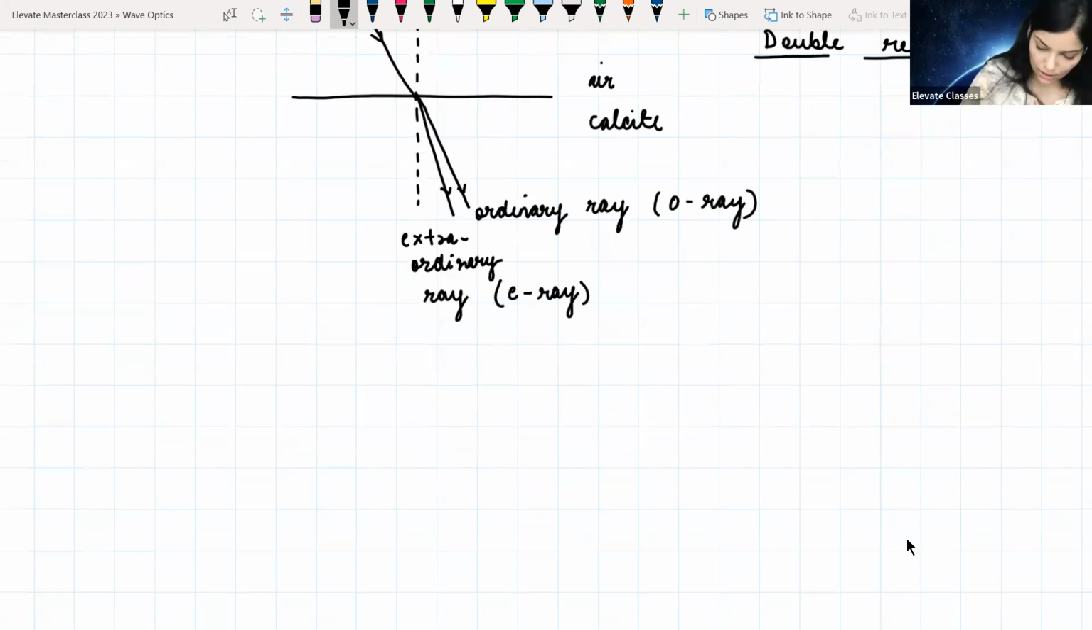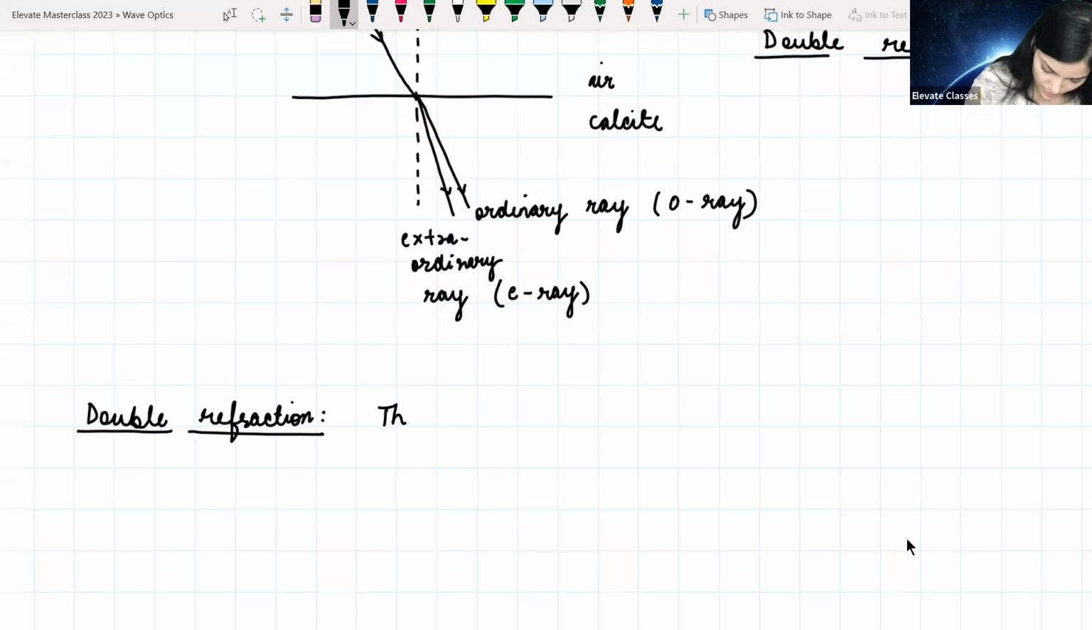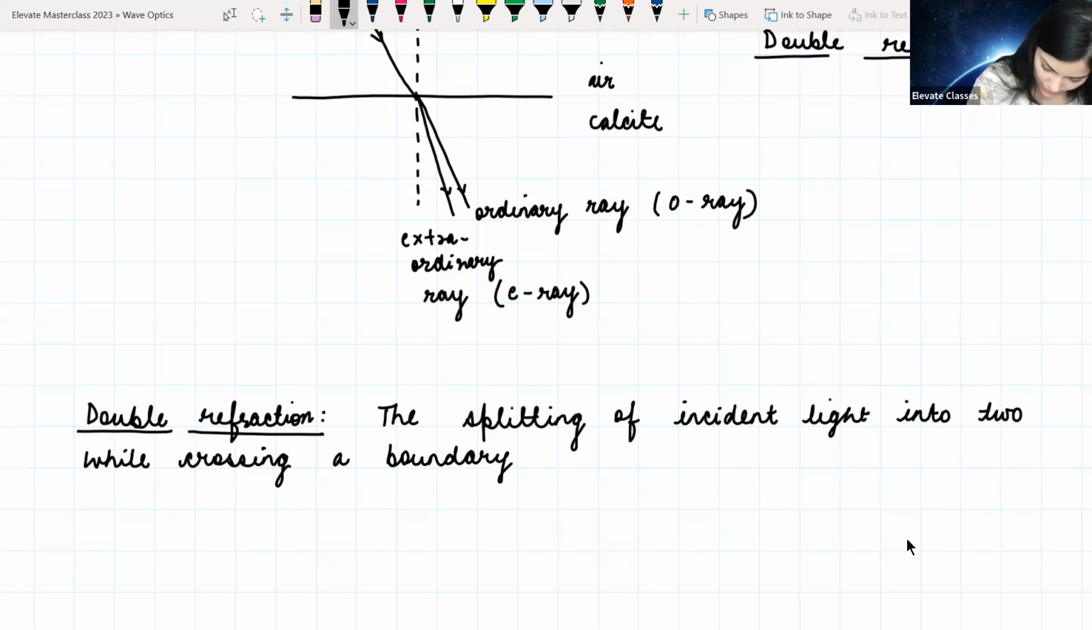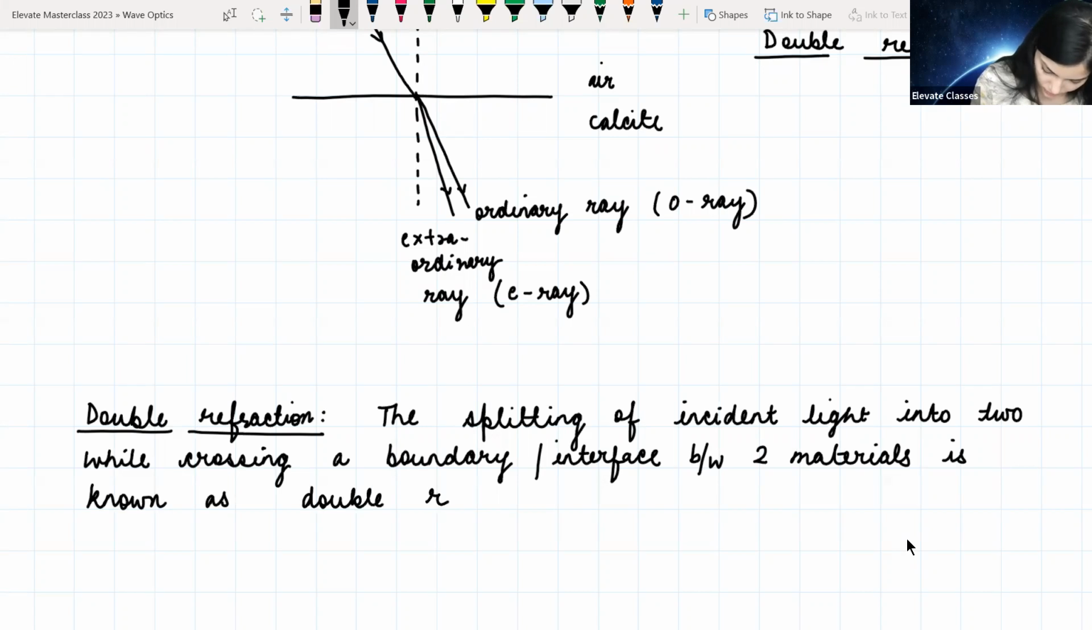So double refraction means the splitting of incident light into two while crossing a boundary, or interface, between two materials, is known as double refraction. Okay, so in double refraction, what will happen is